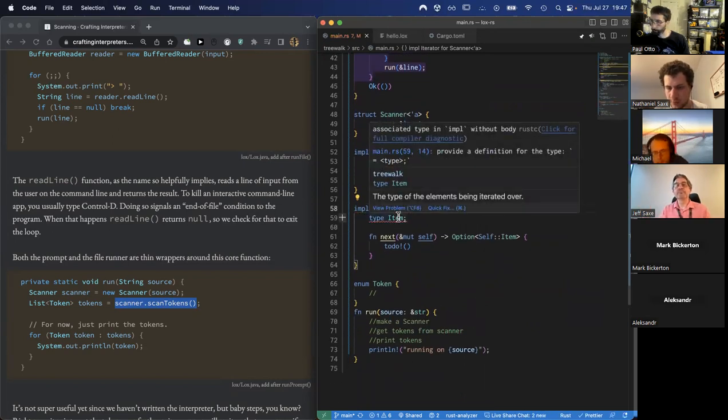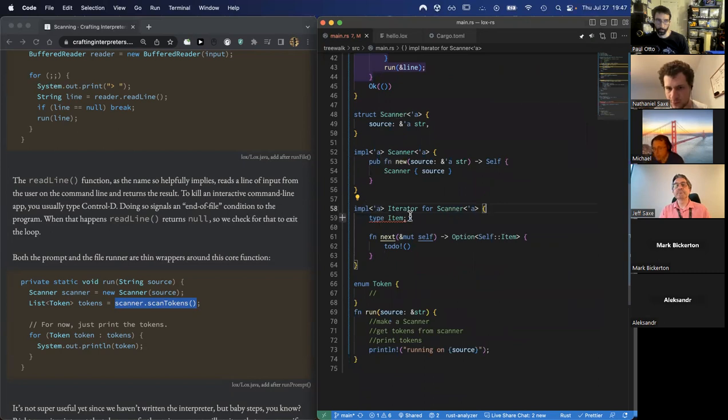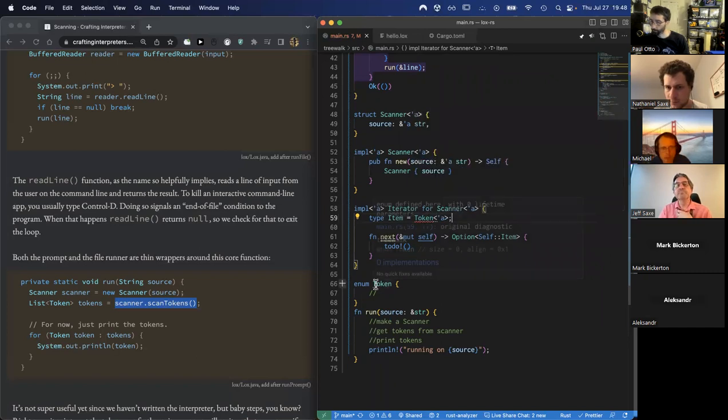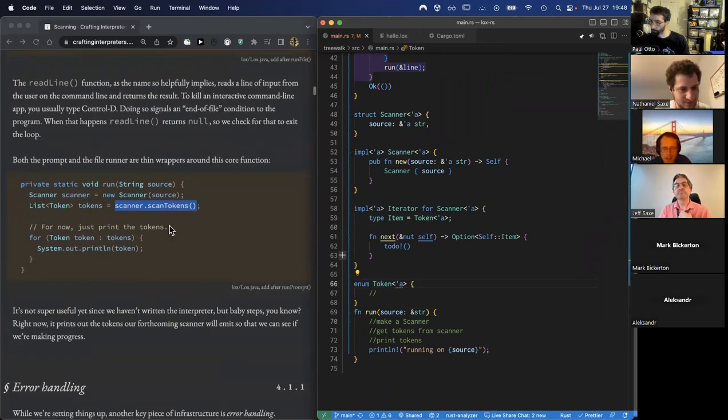So now, item is going to be Token with lifetime 'a. So type Item equals Token with lifetime 'a. What's wrong with that? You need to add a lifetime annotation to Token as well. All the string references are going to be string references. Okay, and